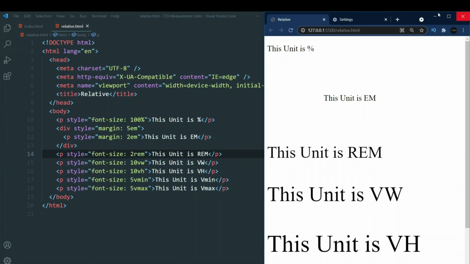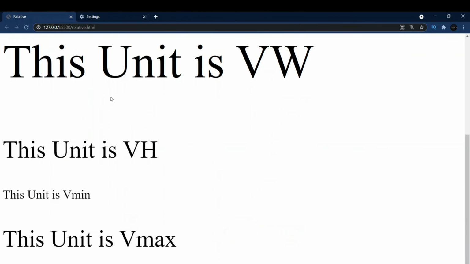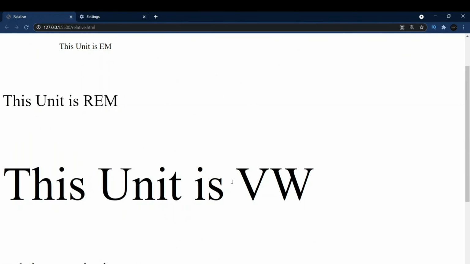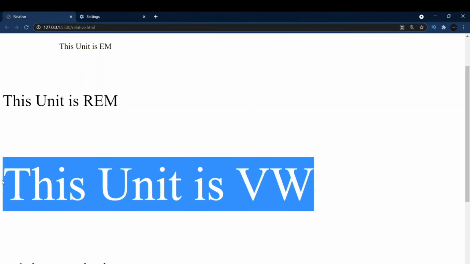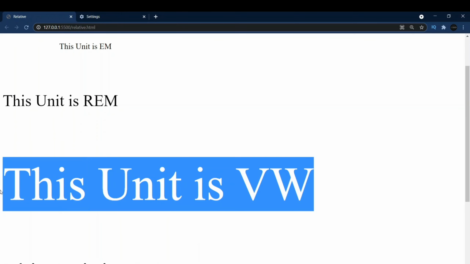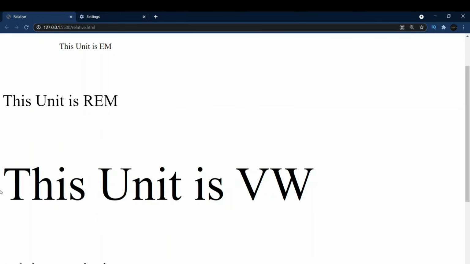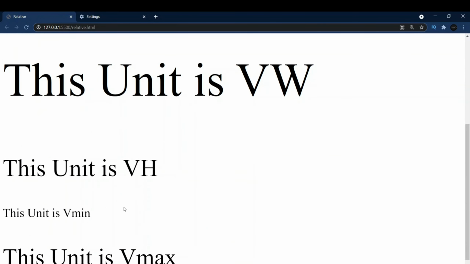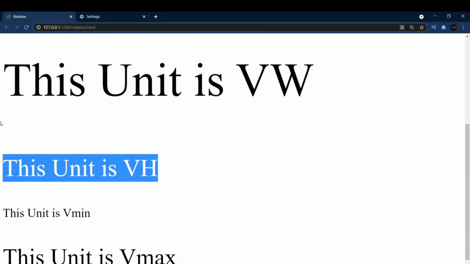If you're developing a website on a laptop, you can see this text is very big right now. And if you're using absolute measurement, if you're giving this value using pixels, this text will not change on your phone. It will be this big also, and it won't fit the user's phone screen. So they'll have a tough time going through your website. So you should use font units such as percentage, REM, VW, VH, which will make your website more responsive.